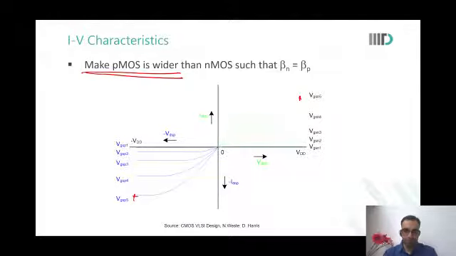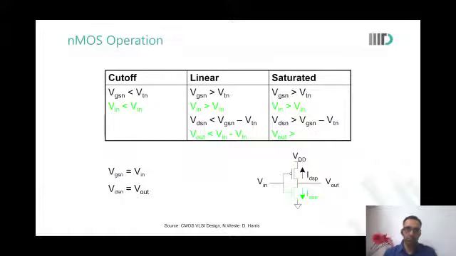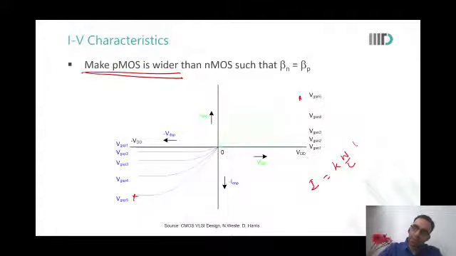This beta is K and C of omega by L, and also includes W and L into it. Sir, I'm not able to get what exactly beta is here. So, what is the current equation? W, K and W by L, and then VGS minus VT, the whole square. All this is being put as beta. So we're simply saying that you size the PMOS up in such a way that the difference in K1, K2 or mobility is compensated for. Okay, got it, sir. Thank you. So this is how your IDS, VDS curves would look like.